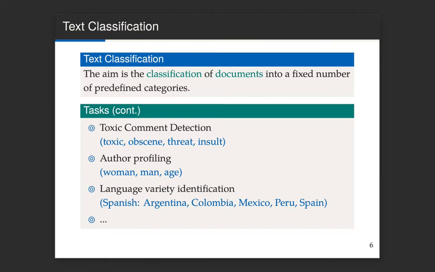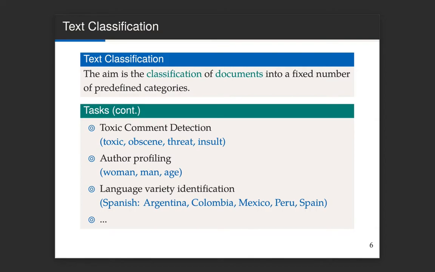You are given a set of texts and you want to know whether the author is a woman or a man, or what the age of that person is, or you are given a text in Spanish and you want to know whether the author is from Argentina or from Mexico, and so on.